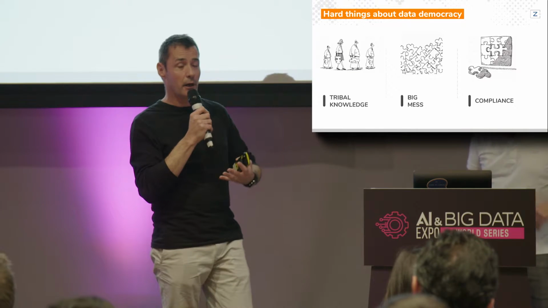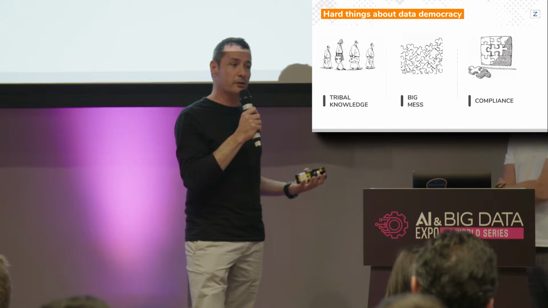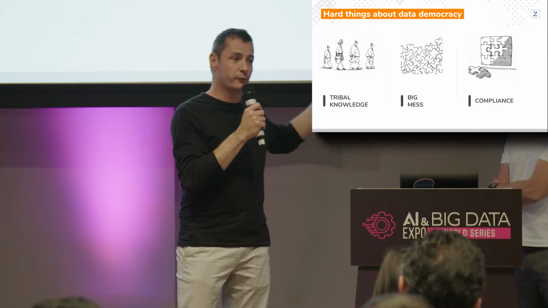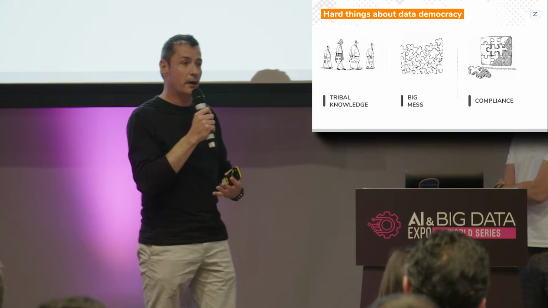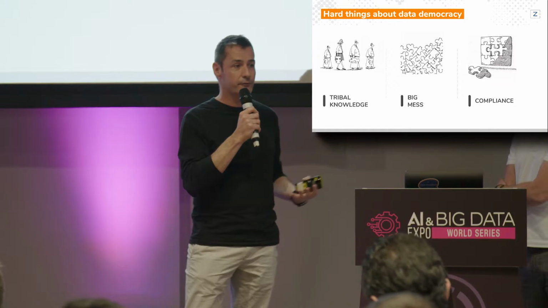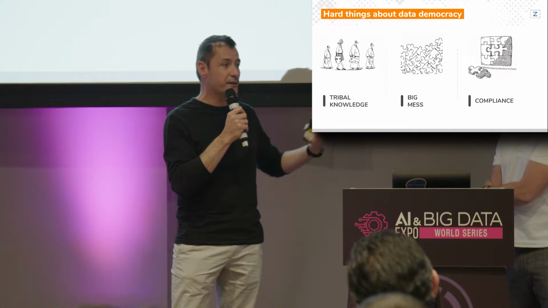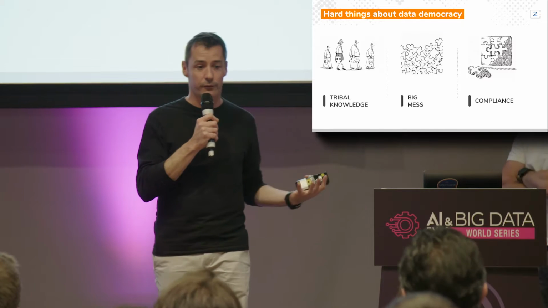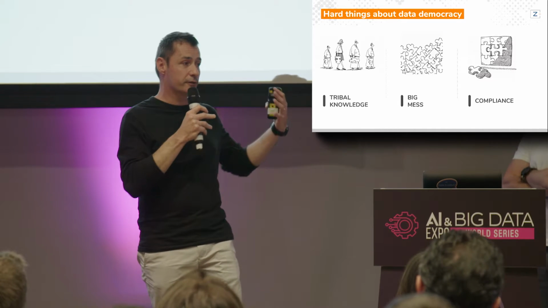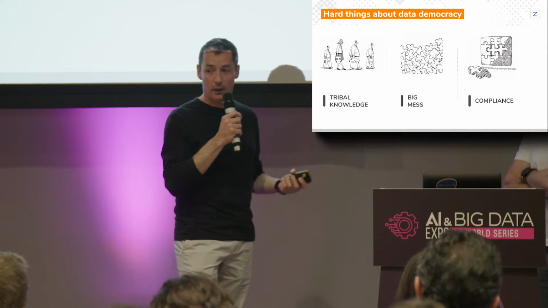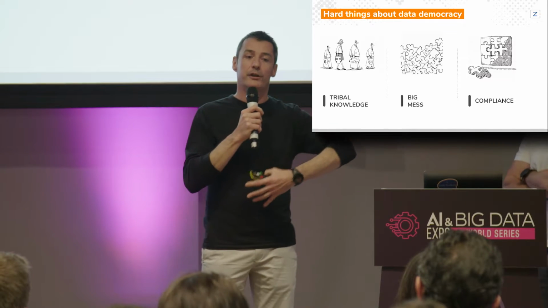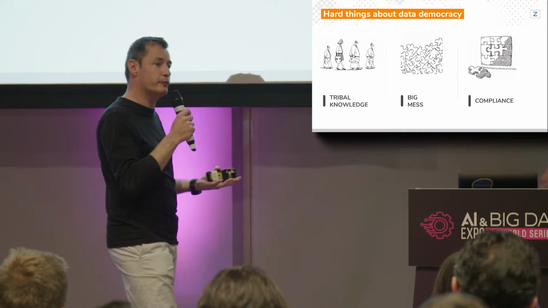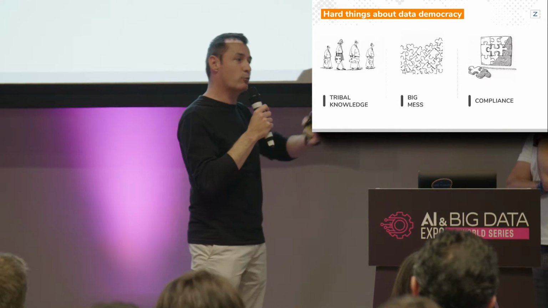And then you have the mess. Most organizations are old organizations. They did not start creating data in the last 2 years, but in the last 20, 30, 40 years. So you have data everywhere, and you have layers of storage, layers of systems, more or less siloed. We started big data projects in the last few years. The big data project was to remove silos and put the data into a large lake. But very often it just created a new kind of mess in a new place, which is a data lake. So it did not remove the mess, it just moved it to a new place, and it's more mess.